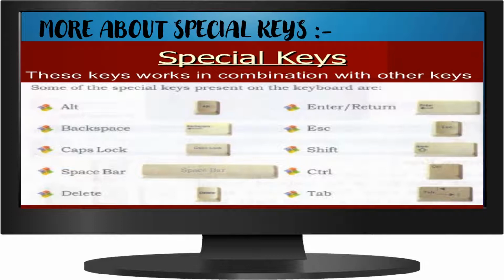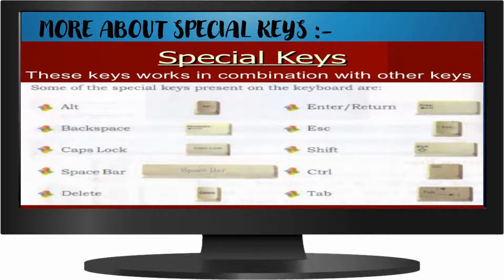More about special keys. Students, as you know, special keys are the keys which have some special functions. Some tasks cannot be performed by alphabet keys, number keys, function keys, arrow keys. Those functions require some other keys. These keys are known as special keys.